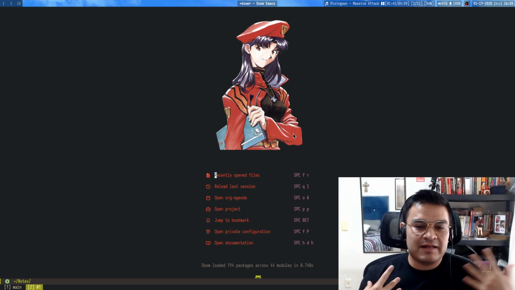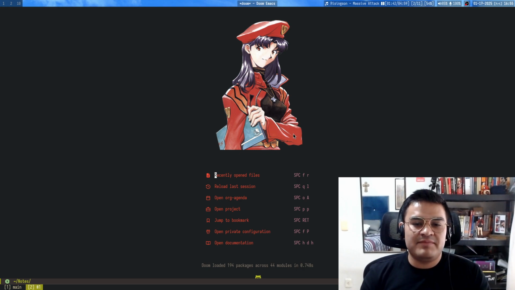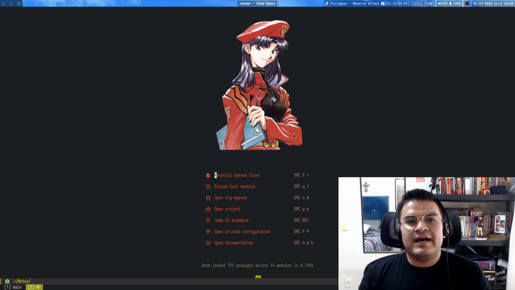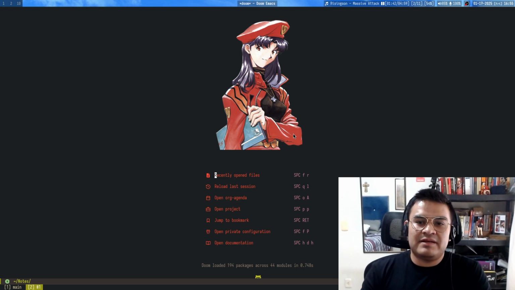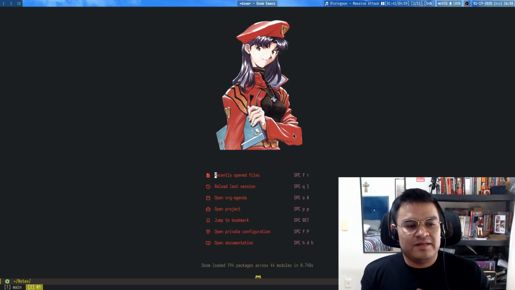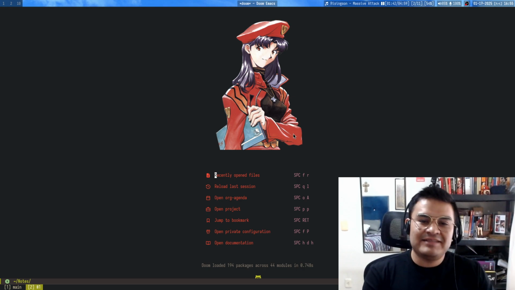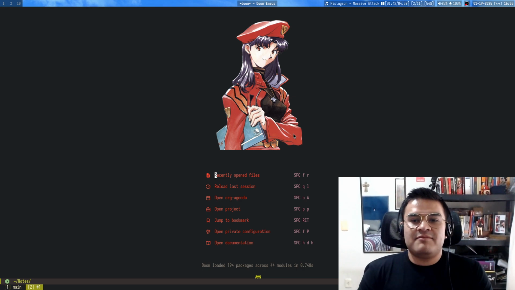And over the last few years, I've been jumping back and forth between Emacs, Doom Emacs, and Neovim. I really like Neovim, and I will very probably eventually come to a period of time in which I will come back once again to Neovim. But for now, I am using Doom Emacs, and it is great